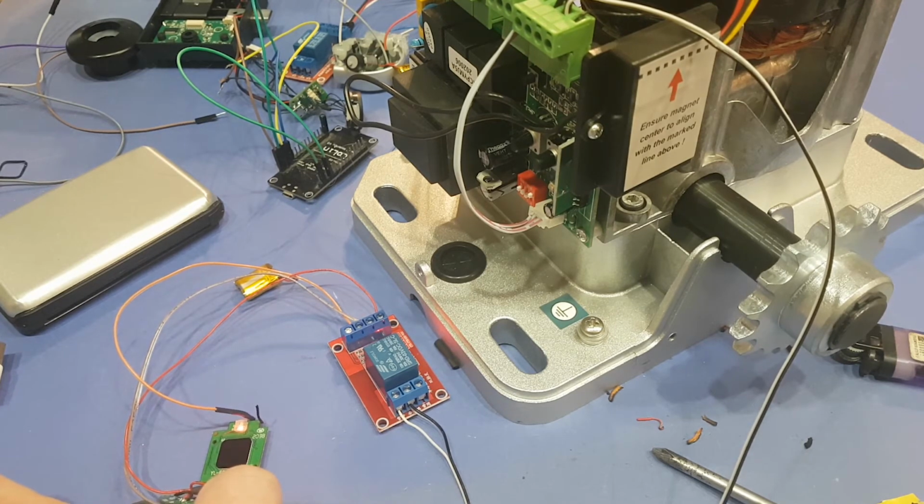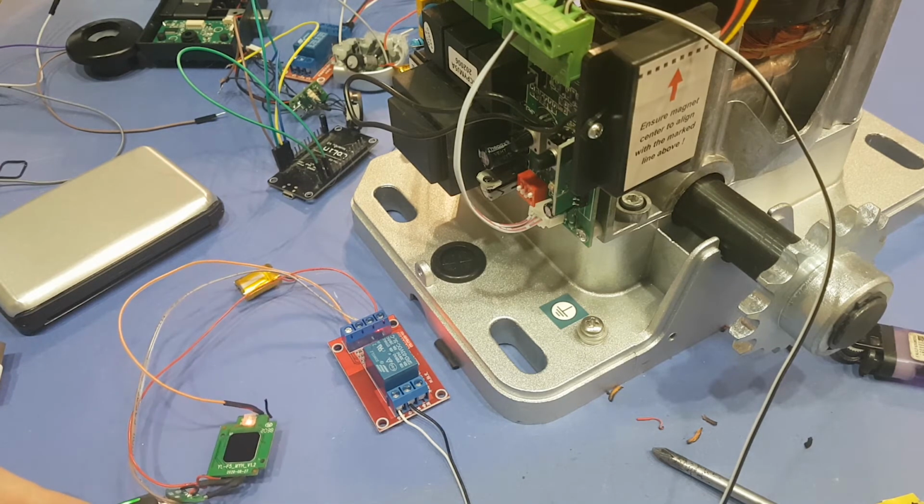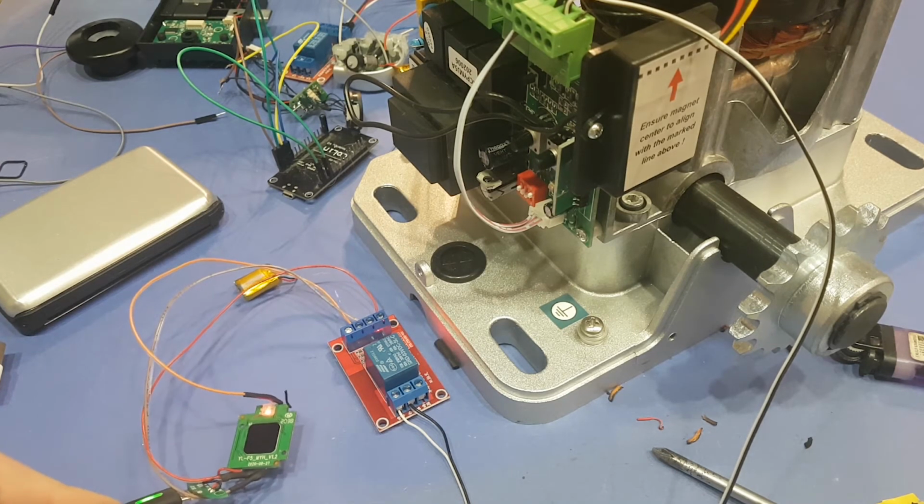So I have 2 options. One is this thing comes with an automatic close feature. After say a minute or 2 minutes, it'll just shut on its own. Or I could put another fingerprint module on the other side. So